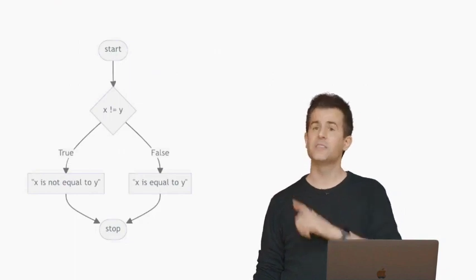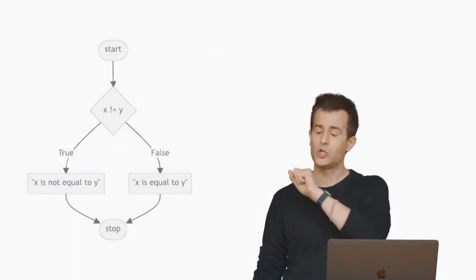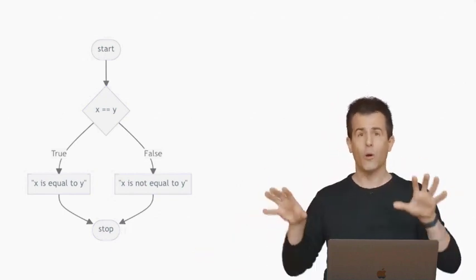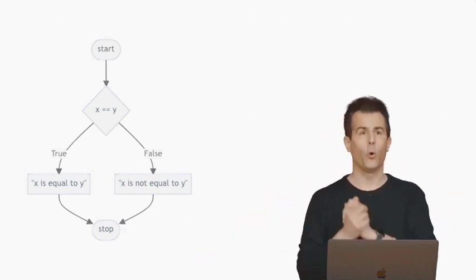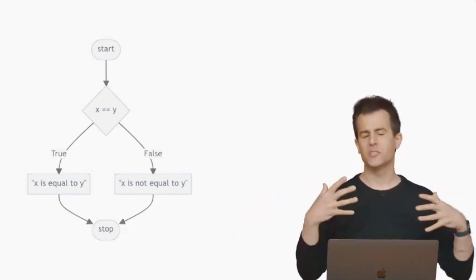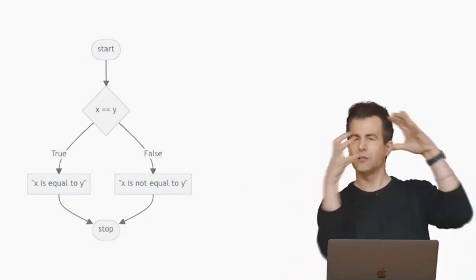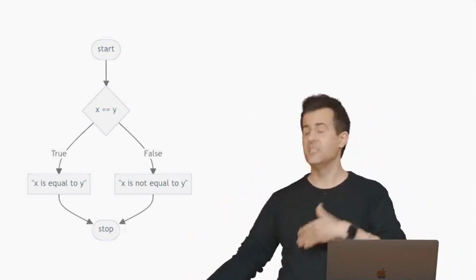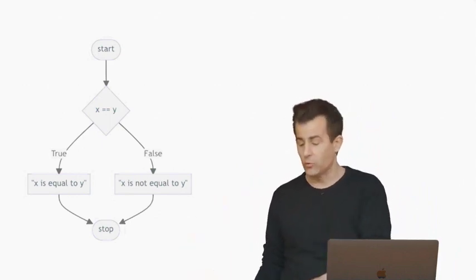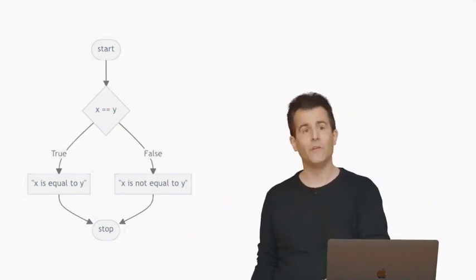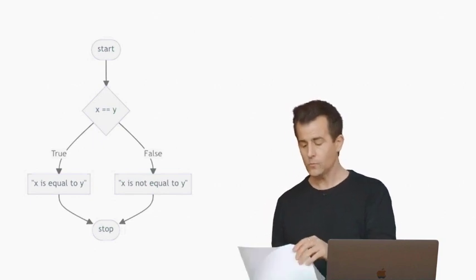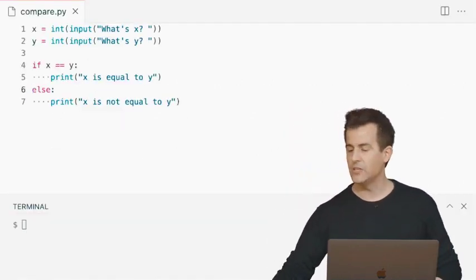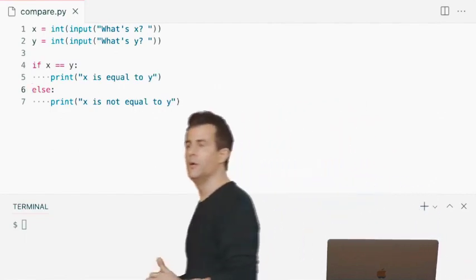But now the diagram, instead of looking like this, is going to change the not equal to equal equal. And we just need to make sure that we print out the right thing accordingly. And again, here too, just as the code is getting a little more compact with fewer and fewer characters, so are these diagrams, these flowcharts, capturing the relative simplification of each of those programs too. All right, let me go ahead and pause here to see if there's any questions now on any of these versions of code.